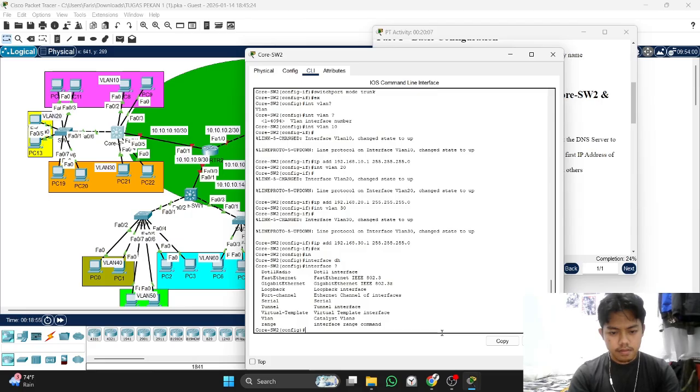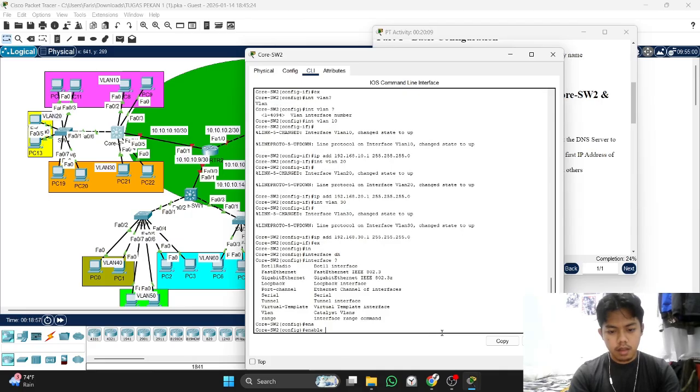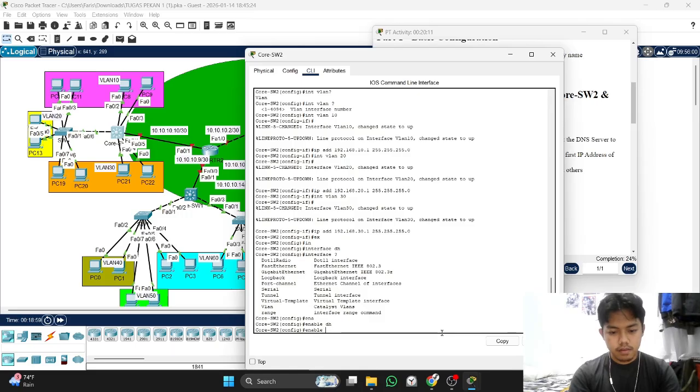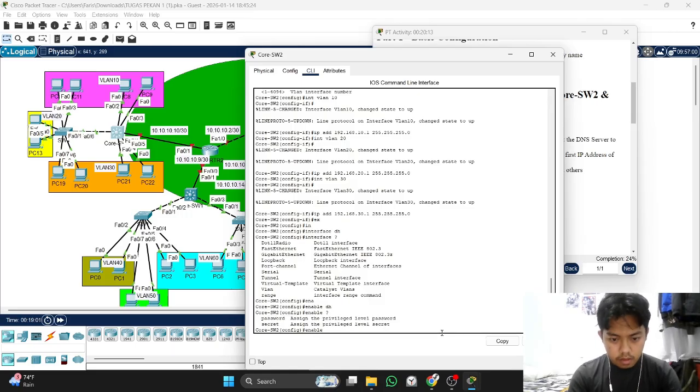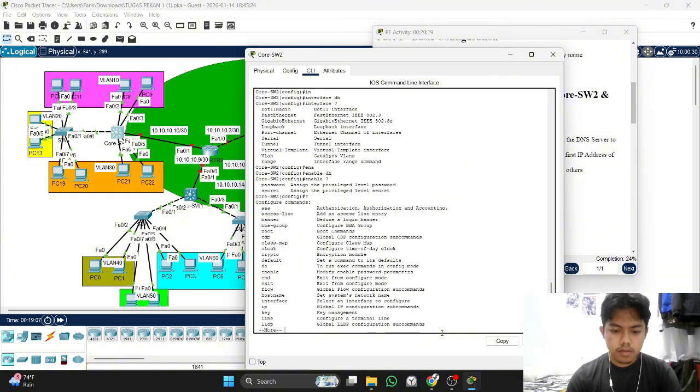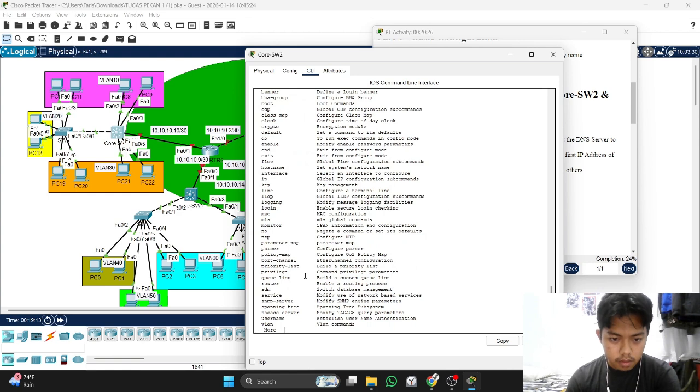Enable DHCP. Oh, I forgot the configuration. Wait a minute.